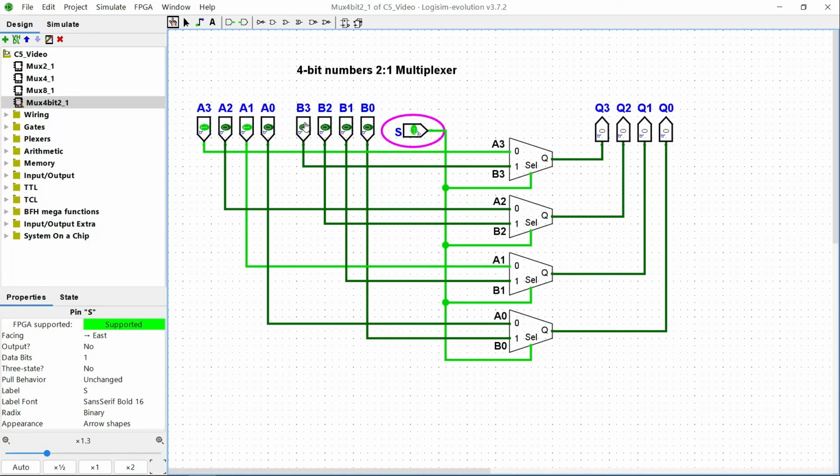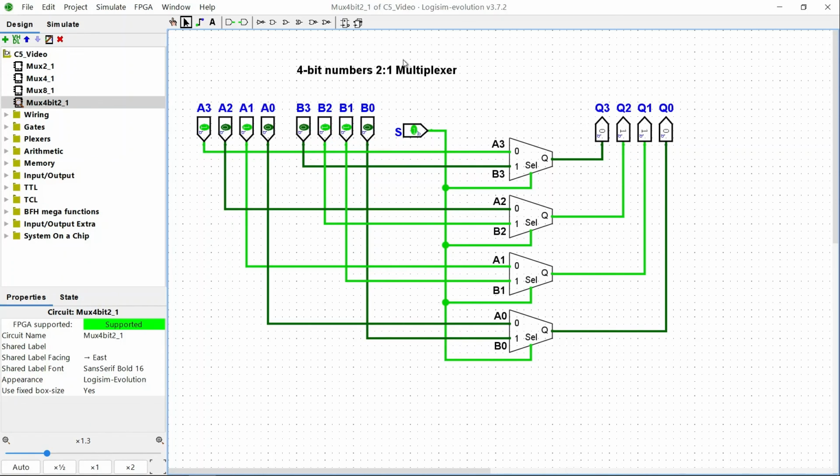Right now the number is 0, so the output is also the same as the selected number. If I change this number to, for example, 0 1 1 0, then the output is also the same as the selected input. That is my 4-bit numbers 2-to-1 multiplexer,